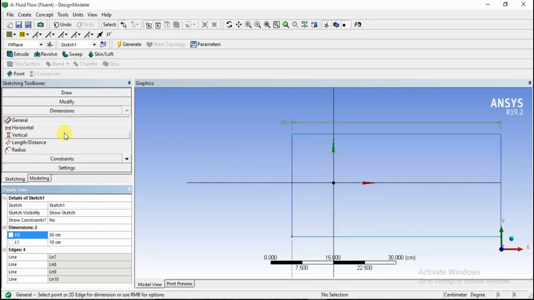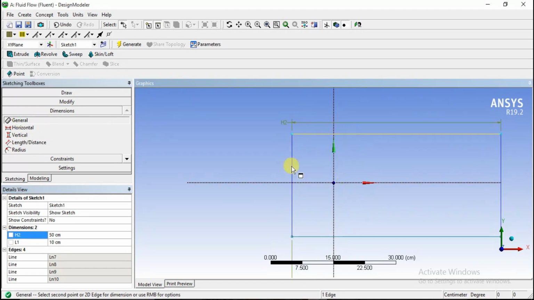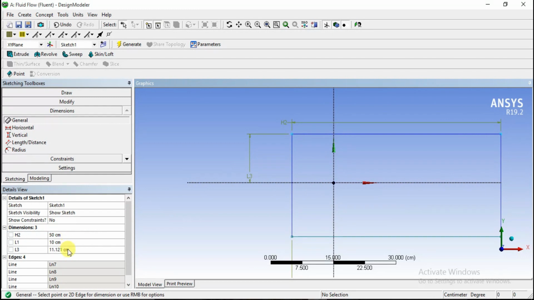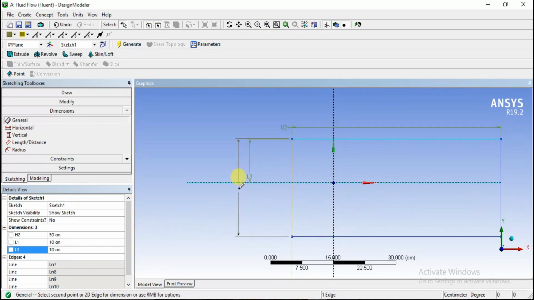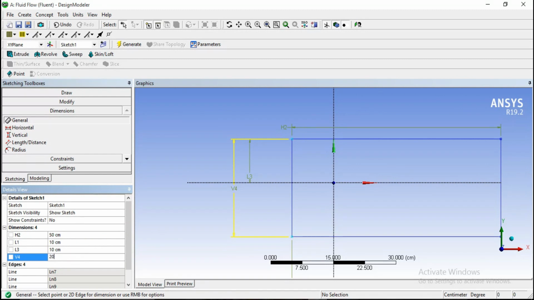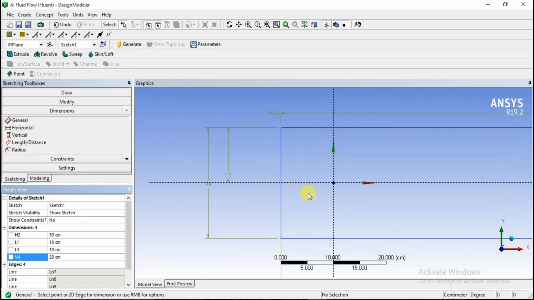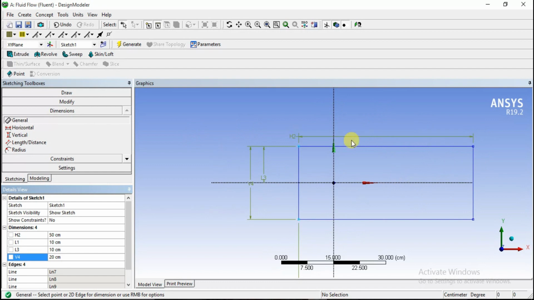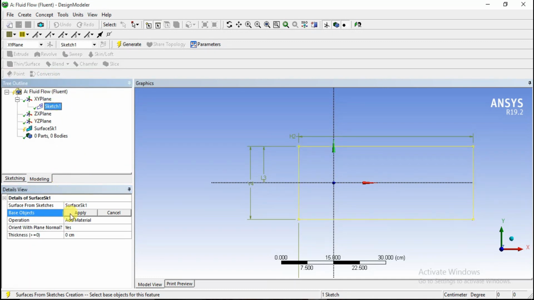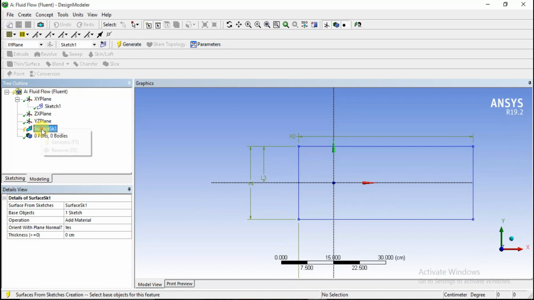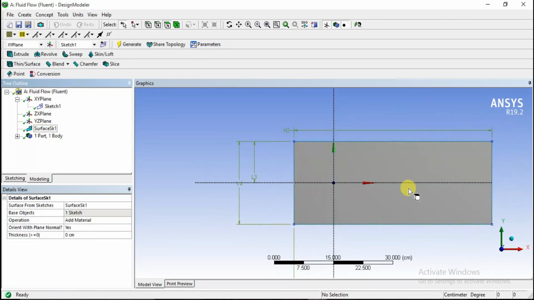Okay, after that let this distance be again 10, and the entire height of this rectangle will be 20. Okay, so this is our path of fluid flow. So we will go to Concept, Surfaces from Sketches, select the sketch, and we will generate. This will be our